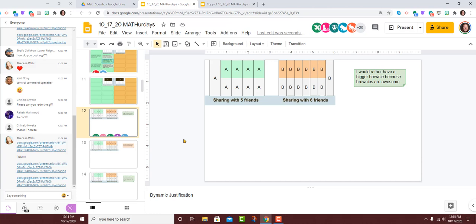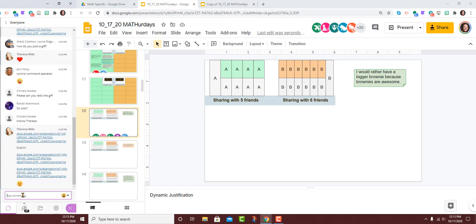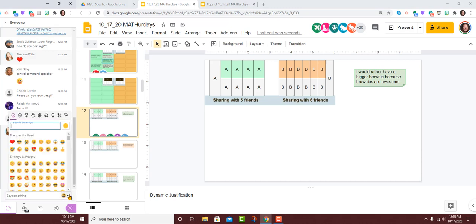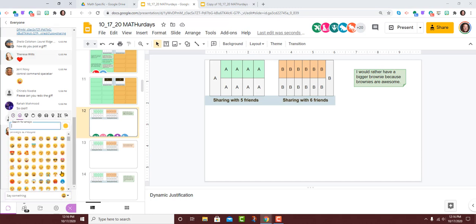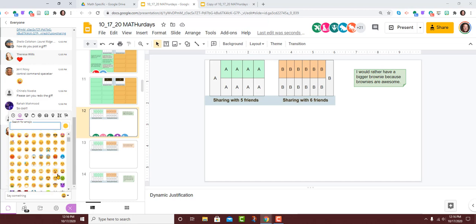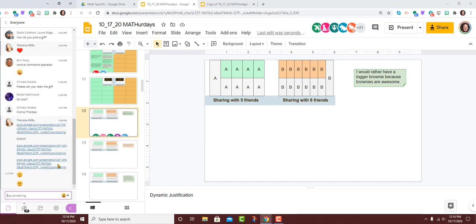As someone is sharing on this screen, I'm going to ask that if you agree with them, you use the chat box by putting in a smiley face. If you think, oh, wow, okay, that's cool, I'm actually going to switch my mind, I think I'd rather have the other one based off of this, you're going to put that little whoa face. There's an example in the chat box. And that means that you're thinking about switching because of their explanation.